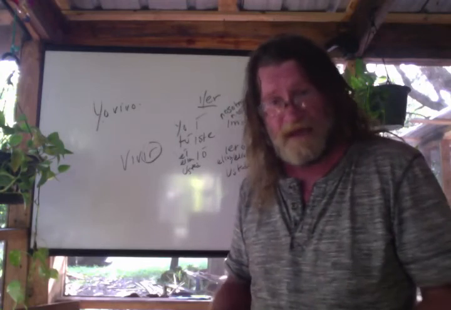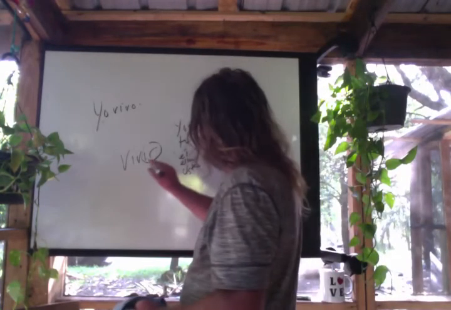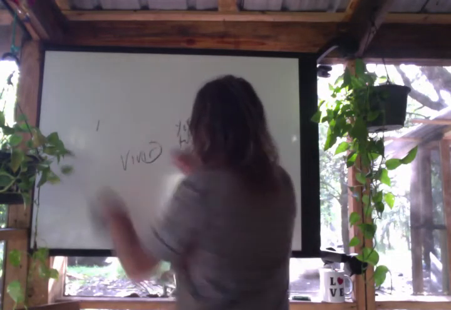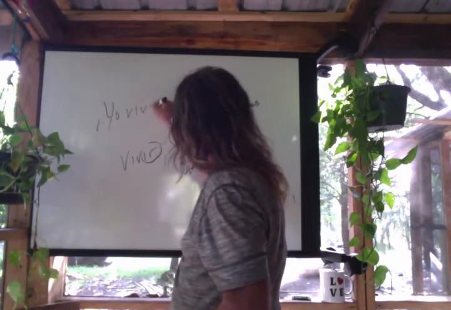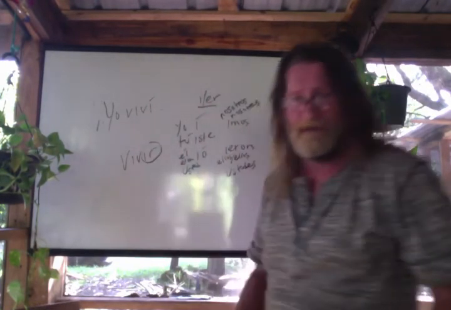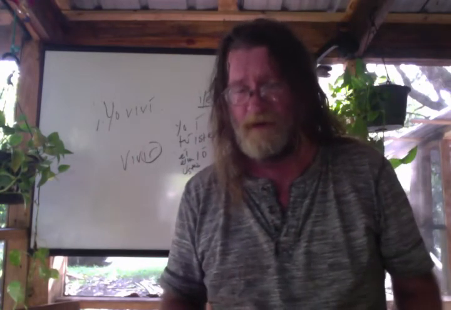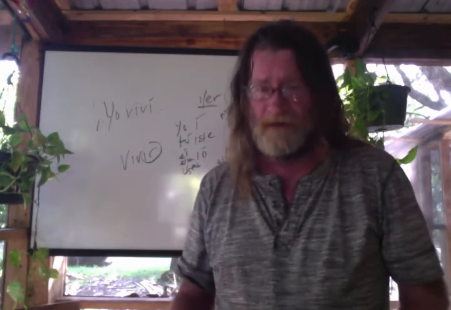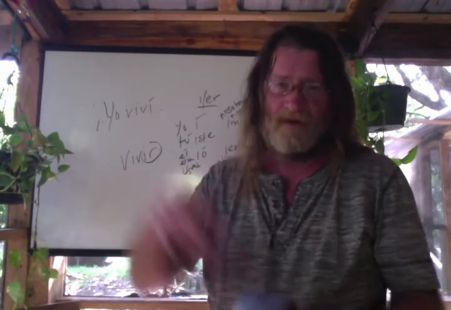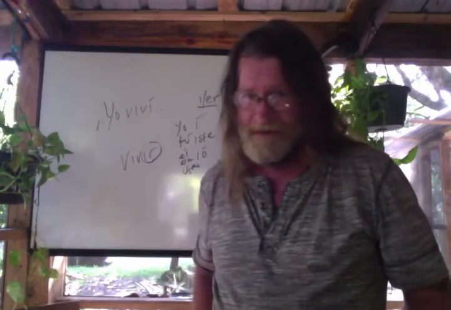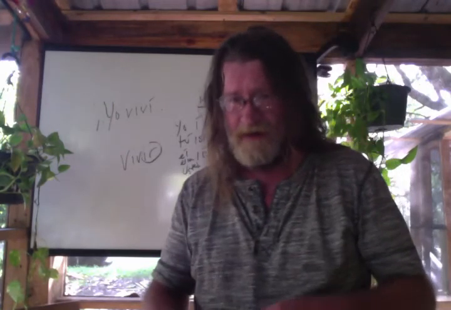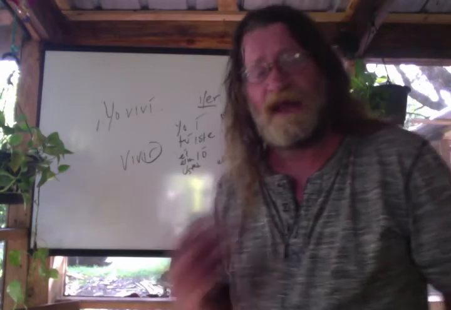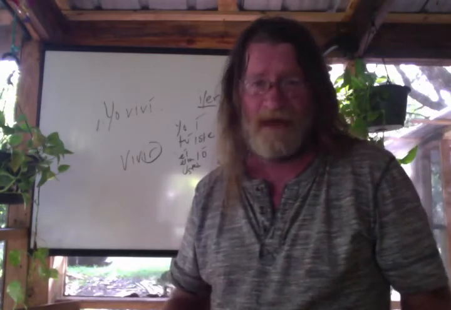But if you want to say I lived, you would take off that IR and add these conjugations. So it'd be, instead, yo viví, I lived. So for example, I could say, yo viví en Utah. I lived in Utah. Which, if you don't know where Utah is, it's in the west. It's close to California, close to Nevada, right bordering on it. And yo viví en Utah por muchos años, for many years. That's where I lived.